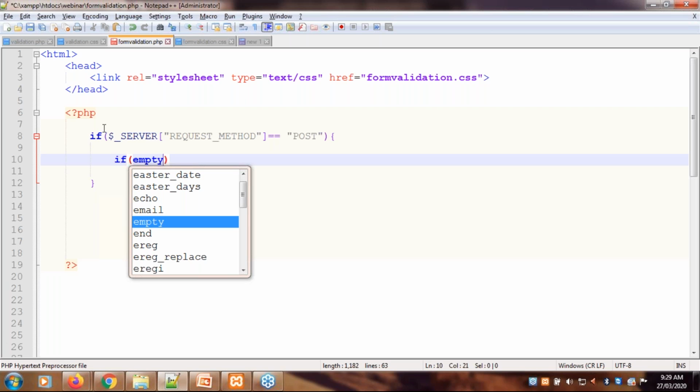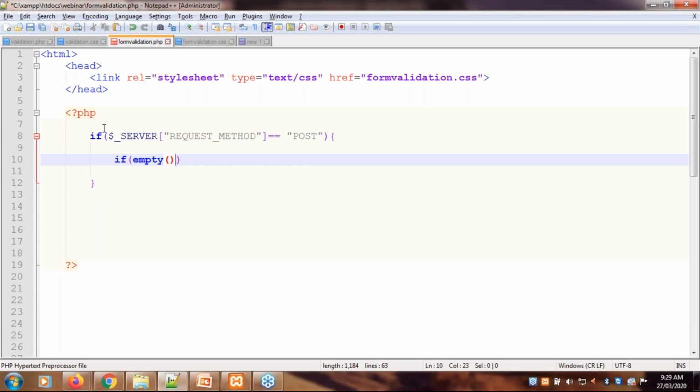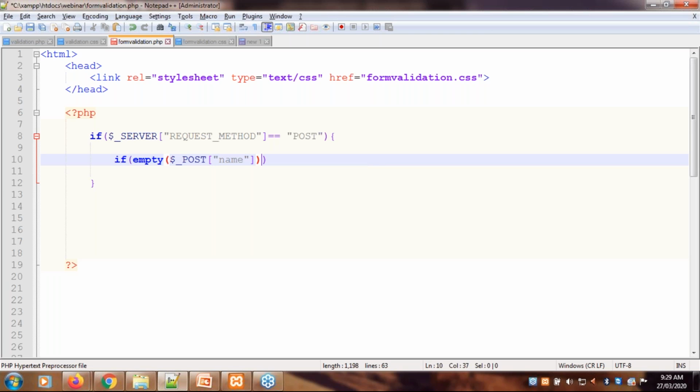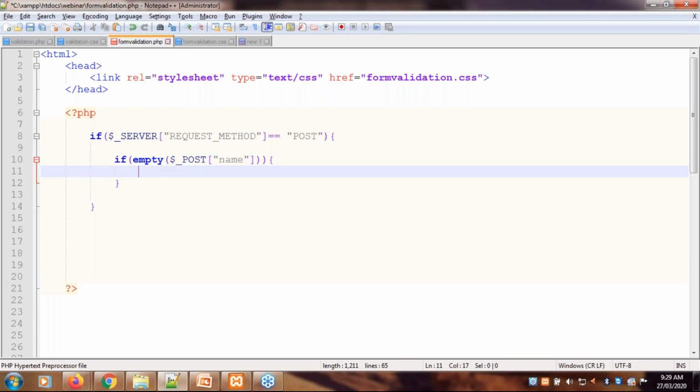So we'll check if empty $_POST, and we have to provide the name of the first input type. The name of the first input type is name. If name is empty, then we have to display an error message.